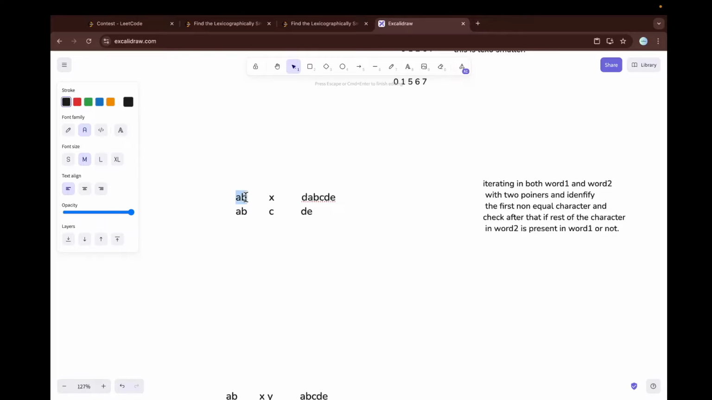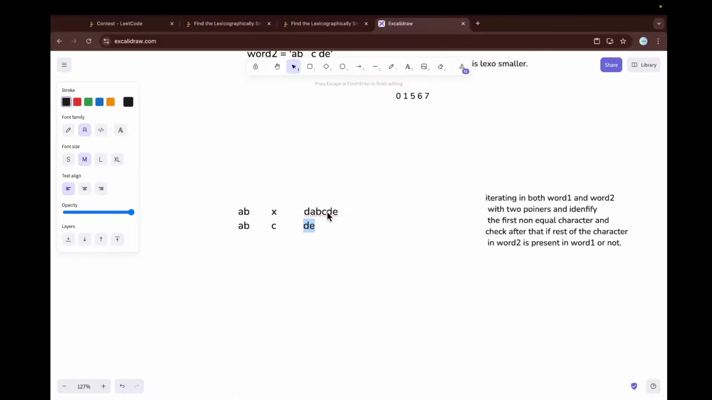Like if these characters at this point in both the words are equal, then it's fine. If at some point we find some non-matching character, then we will replace it. But we will replace it on one condition: that after that particular index, we find the characters of word 2 in word 1. In this example, where we have DE, we are finding here D and E. So we need to find this subsequence of word 2 in word 1